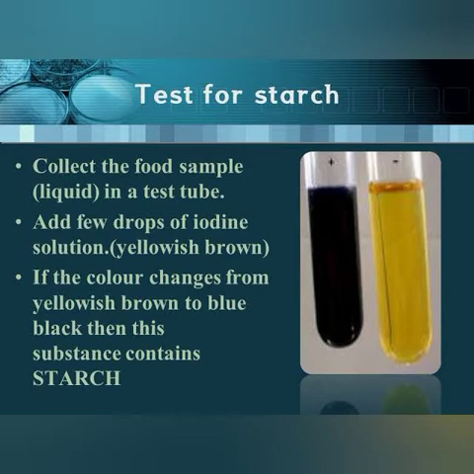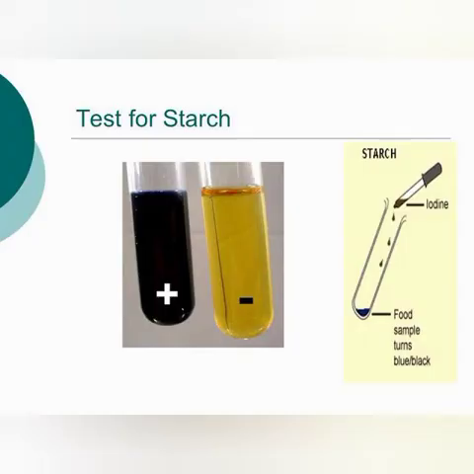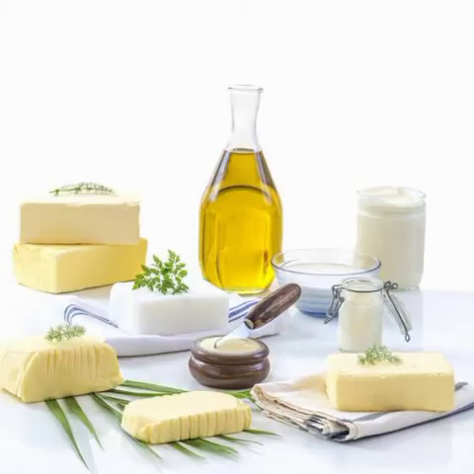color change into light blue color. Now take this test tube and mix it well with the food material and iodine and observe the color change. If you find a change of a light blue color, then you can find out that this food contains a component, it is called starch.